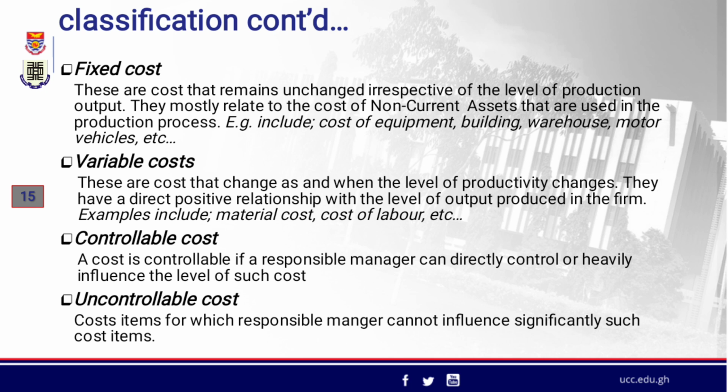Fixed cost. These are the costs that remain unchanged irrespective of the level of output, as we already know. Some of the examples are provided there. You can look at them: cost of equipment, building, warehouse, motor vehicle, etc. Variable cost, the cost that can change with the level of output, or as the level of output changes. Some of these costs are